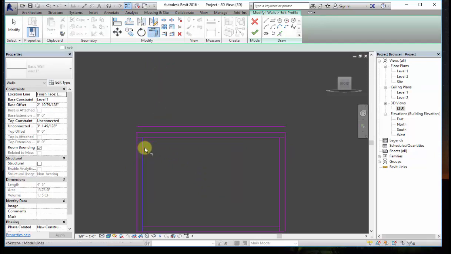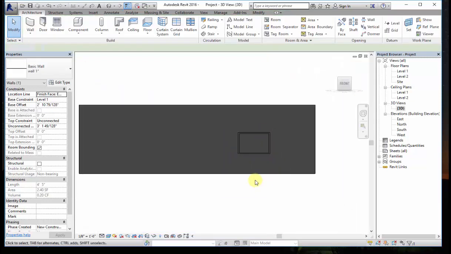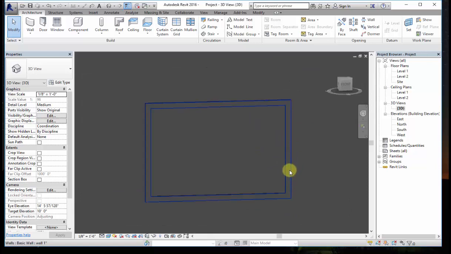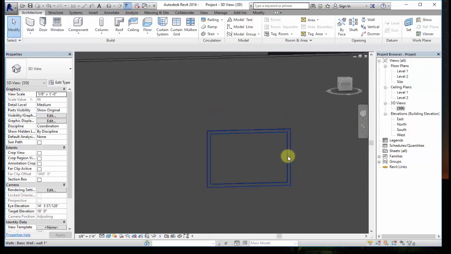Then I'll use trim and trim all the unwanted lines. So this is how I'll be creating a frame for adding my photo. Next click on finish. You can see now the frame is ready. For this, whichever kind of material you want, you can add the material.